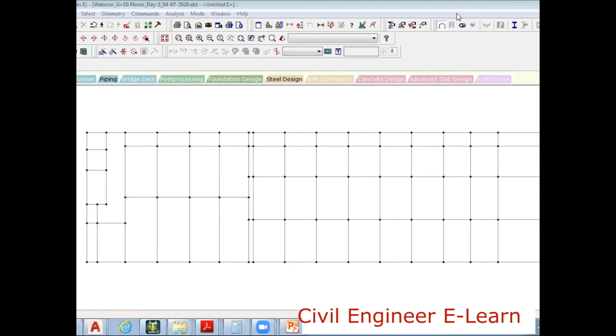Mr. M. Srinivas is saying to check this ground floor level. Yes, we will check the ground floor level also. Not a problem.